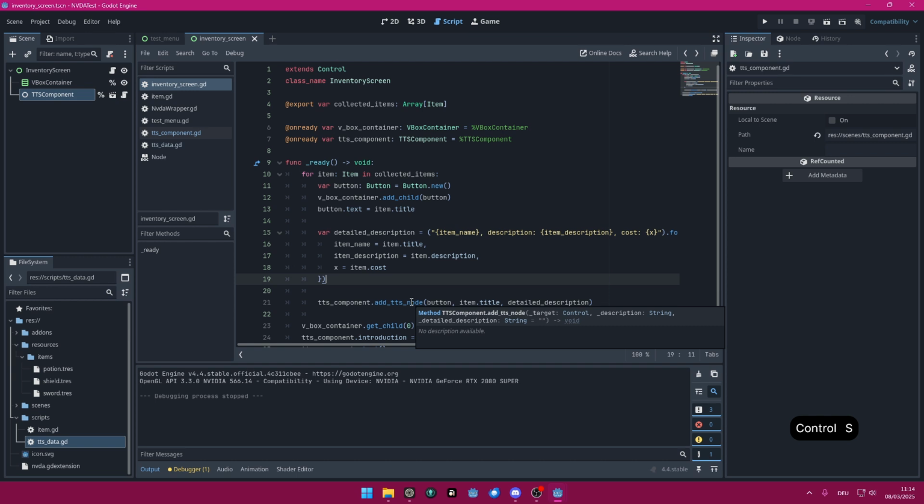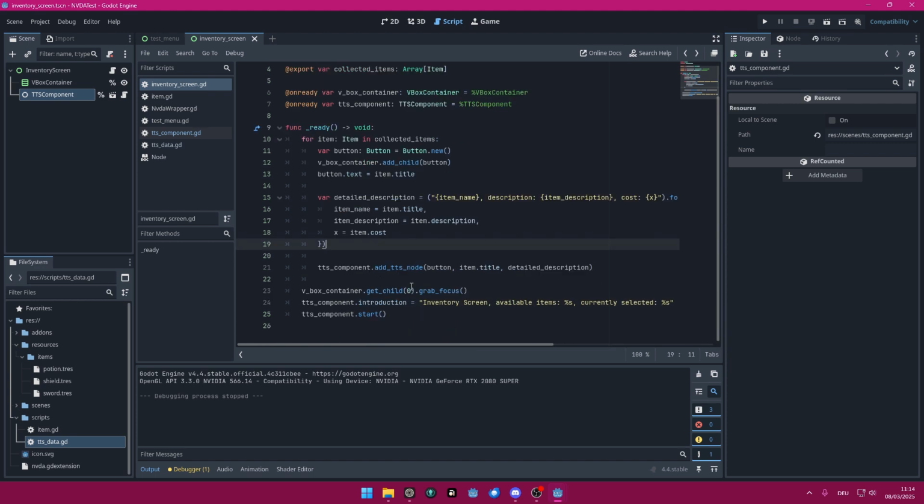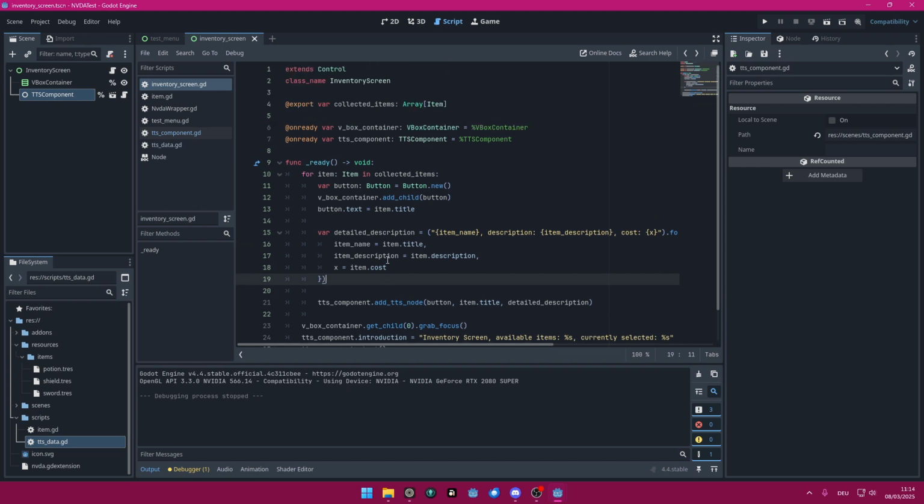So if we hover over it, you can see it here, targets. First one is the control, second one is the description, and the third one now is the detailed description. But now the TTS controller does not know when to read the details. So we need to actually check for an input